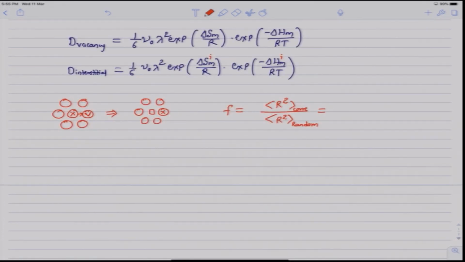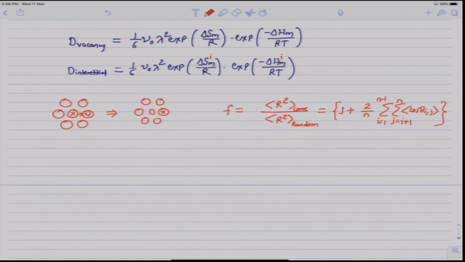So, f is essentially 1 plus 2 over n sigma average of cos theta ij, i equal to 1 to n minus 1 and j equal to i plus 1 to n. So, we need to determine the average of cos theta ij,